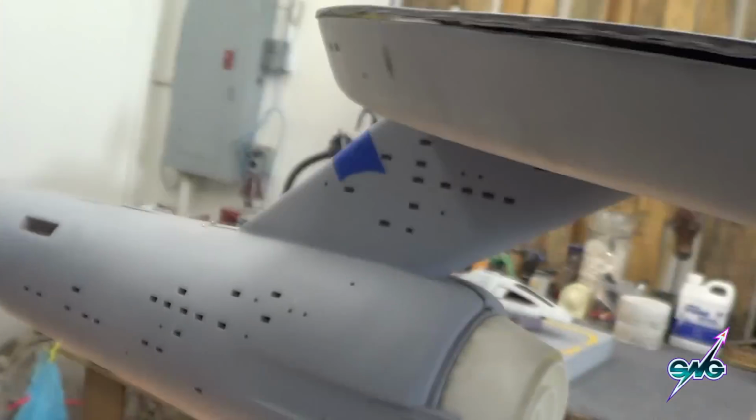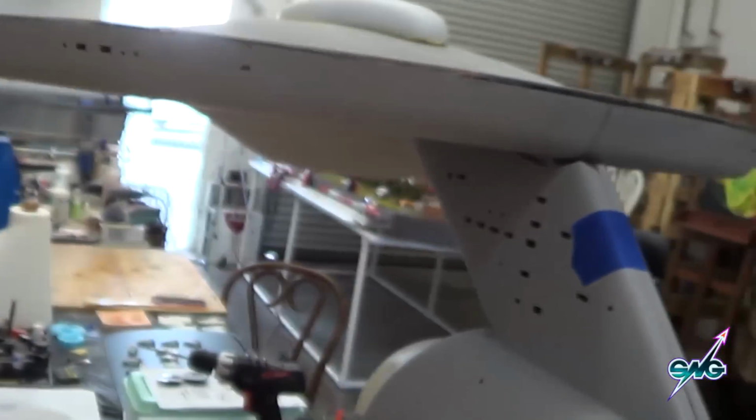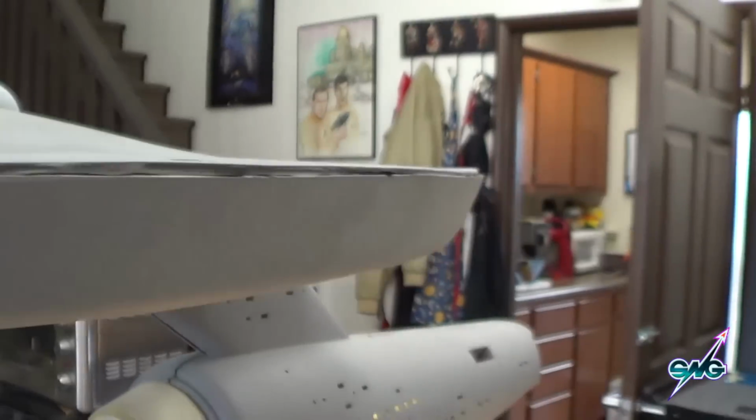That's looking really cool. It takes a minute for the camera to focus. You get the idea. They're in there. And we have another one over here, which I'm still working on. There aren't that many in the saucer section, which is good. So we got to do one here tomorrow. There's nothing over here, a little bit here, and that's it, because this side of the model